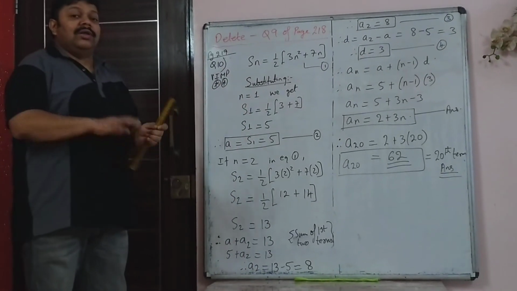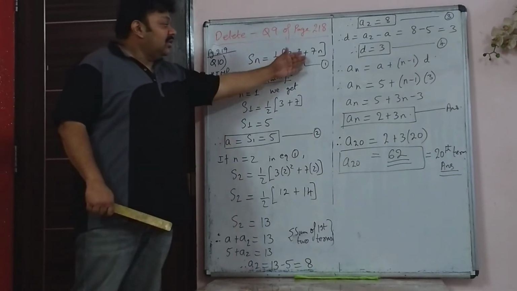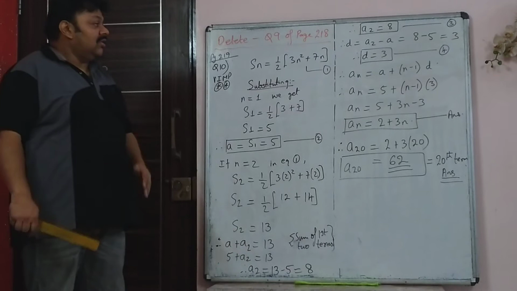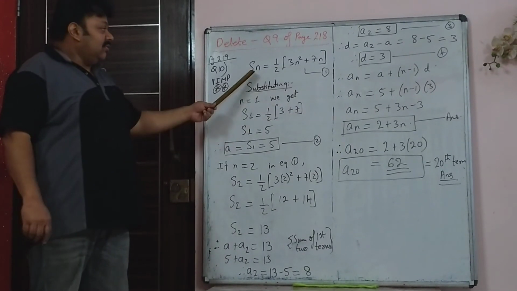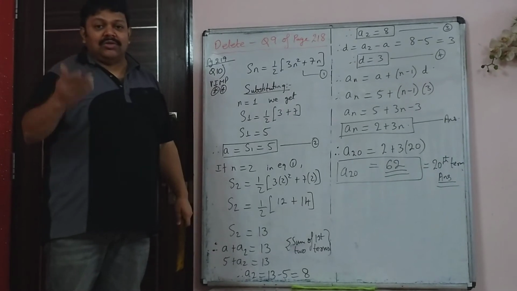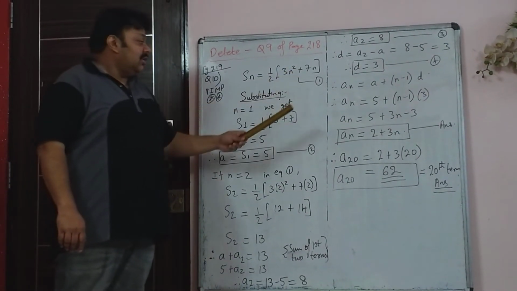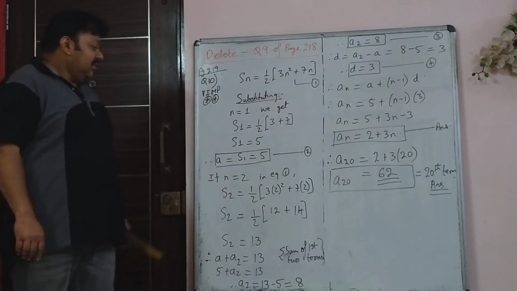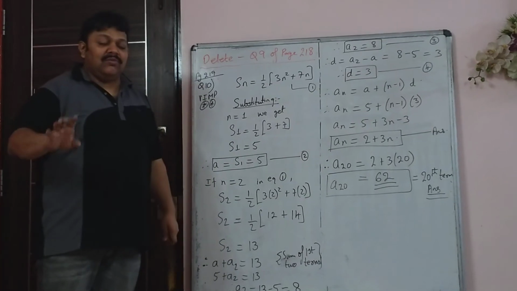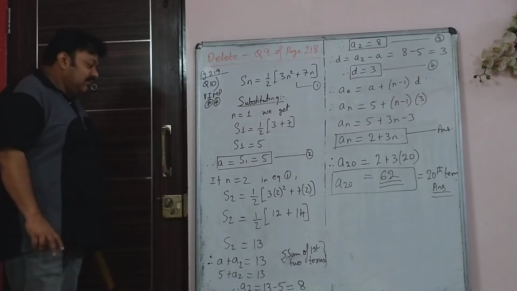So we have to find the first and the second term and the common difference using this formula by substituting n is equal to 1, n is equal to 2, that way. So first we will see sum of one term, that means the first term only. Sum of one term means obviously it is the first term. So when we substitute n is 1, we get 5. That means a, or sum of one term, is 5. The first term itself is 5.